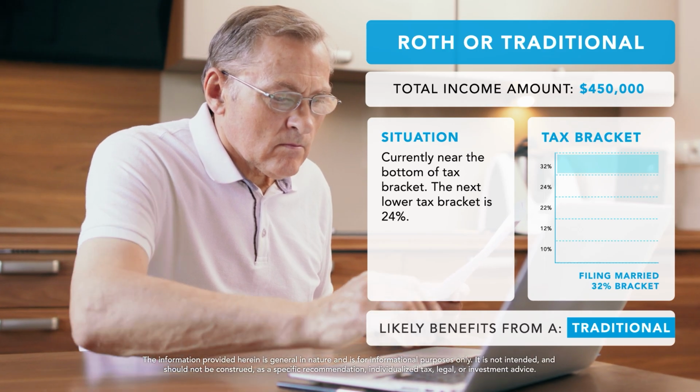This is kind of fun to show people because we do get that question asked quite a bit. Which one should I invest in? Or in terms of a bucket that I should be looking at, it's not always the case where it's the Roth. I mean, that's the story here.